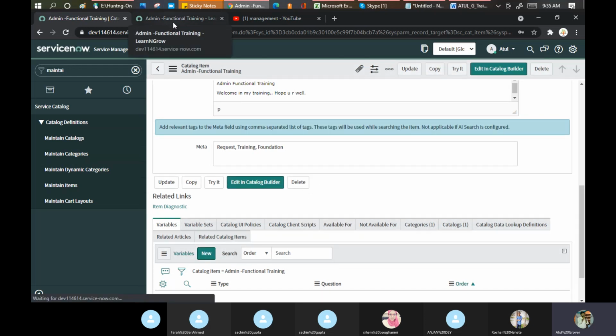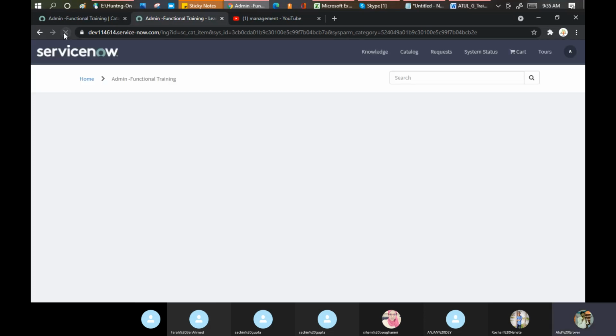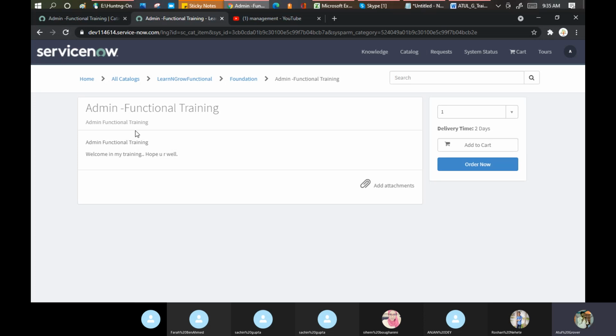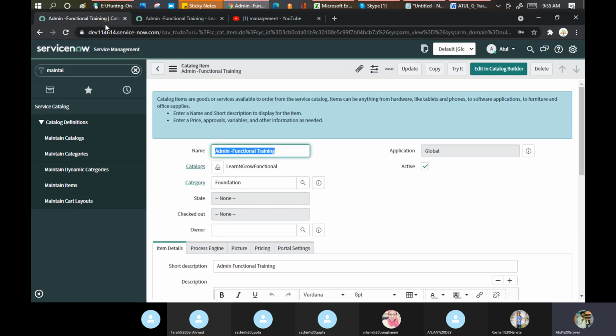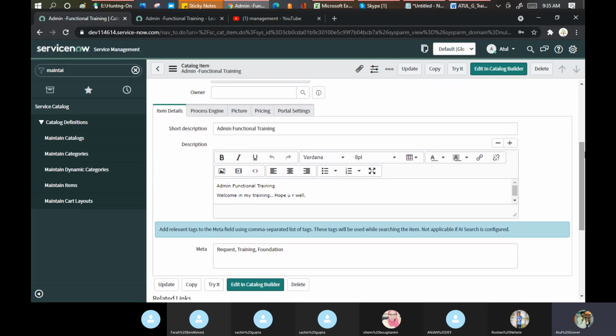And let's go here and reload my page. We do the changes step by step. So now this is appearing fine for me. Now I want to put some image here. Scroll down and go to the pictures.